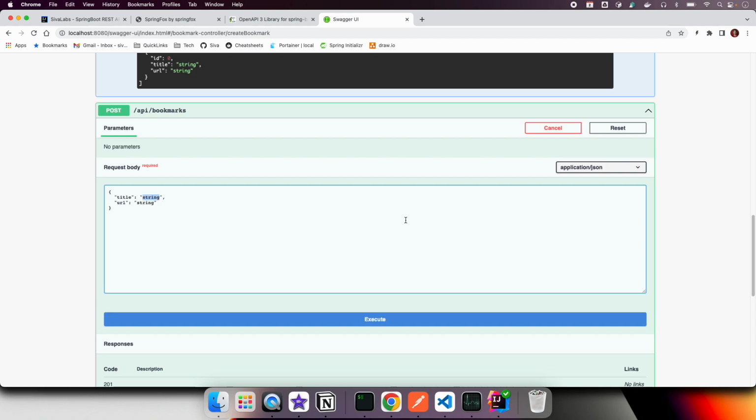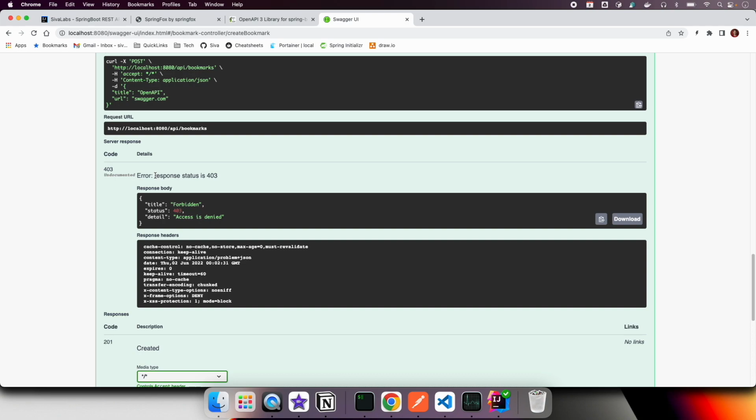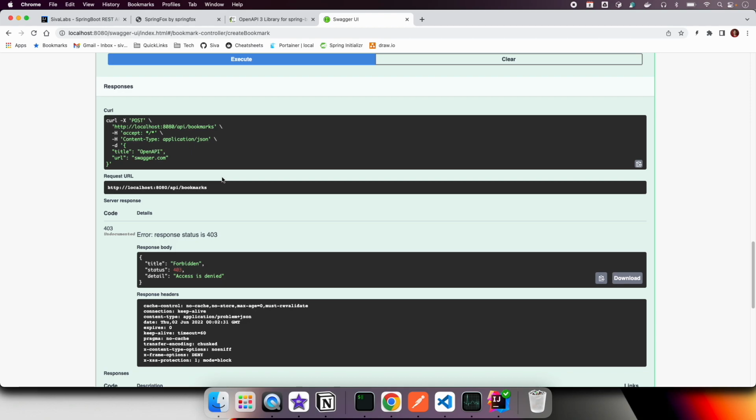So here, let's say Open API and paste for them. If I execute, it will throw status 403 forbidden